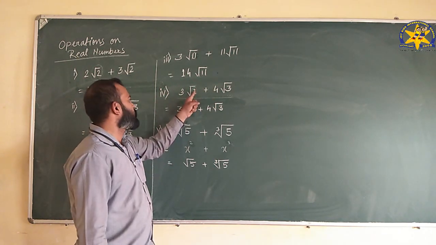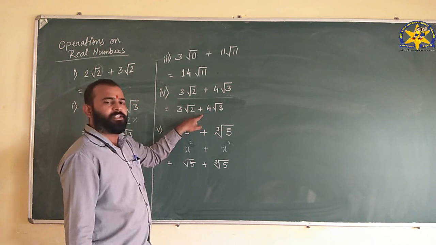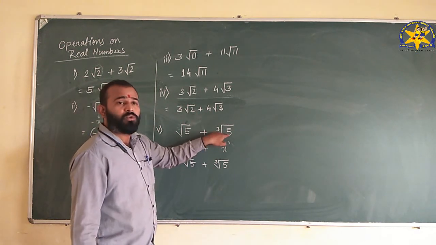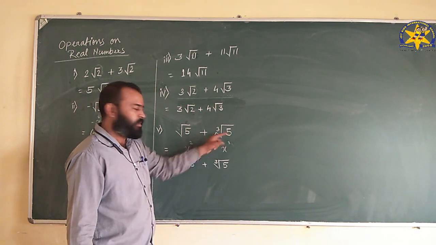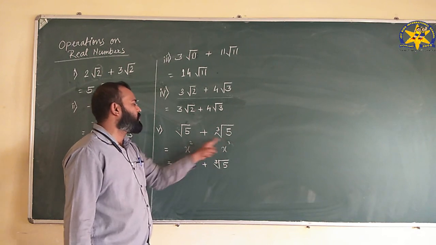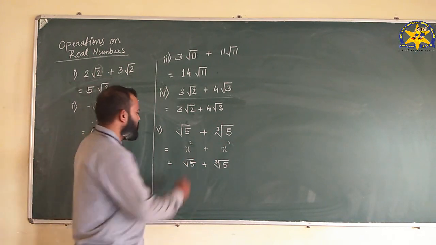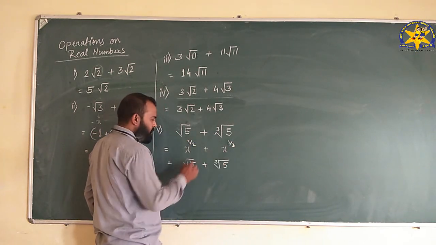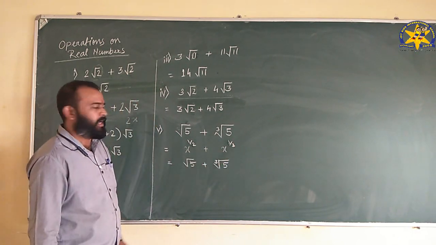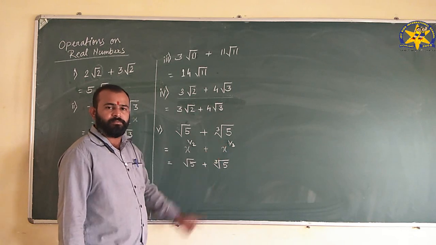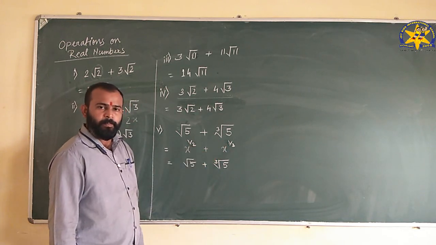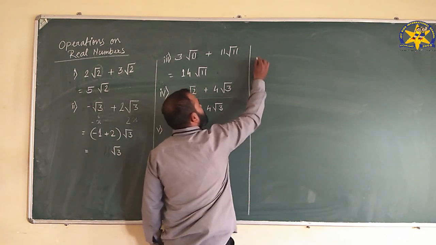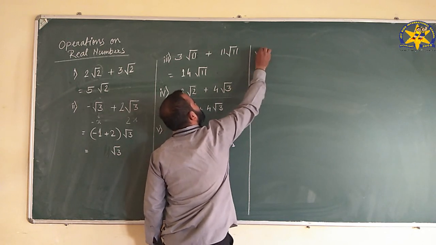Here, square roots, the powers are the same. But what about the variables? Here root 2 is there, here root 3 is there. They can't be added, so it stays as it is. Here root 5 and cube root of 5: the variables are the same, but what about the powers? 2 and 3. Actually their powers will not be 2 and 3; they will be 1/2 and 1/3. So these two can't be added. You want like terms, and they are not like terms, as their powers are not the same. Understood? The same thing will happen with subtraction, if I take some example like this.